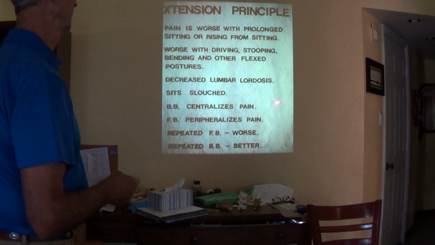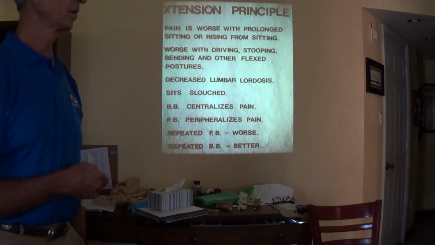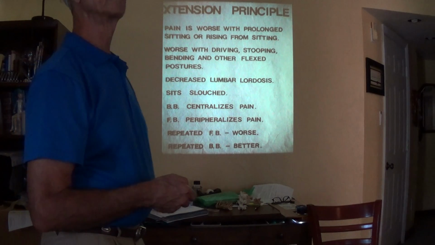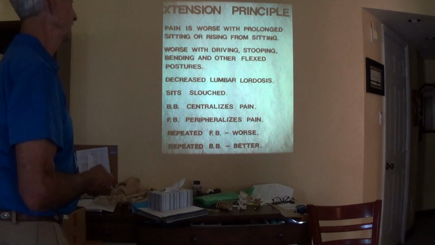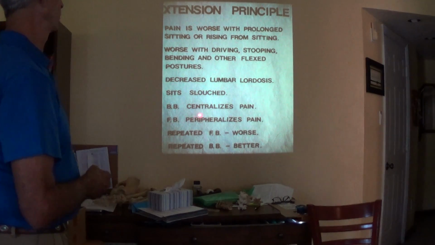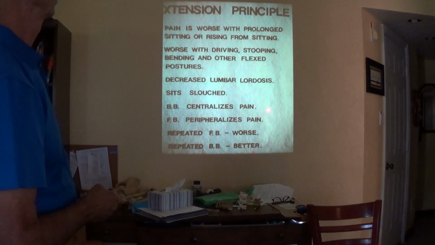Now I do give you the exception there of the radial bulge, because if you make that radial bulge a little bit bigger, you're going to peripheralize their pain. But it doesn't mean that you're doing the wrong thing so much as it means you're doing it too soon. The forward bending causes a lot of